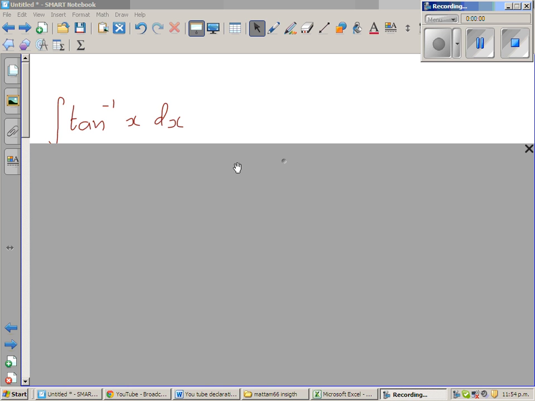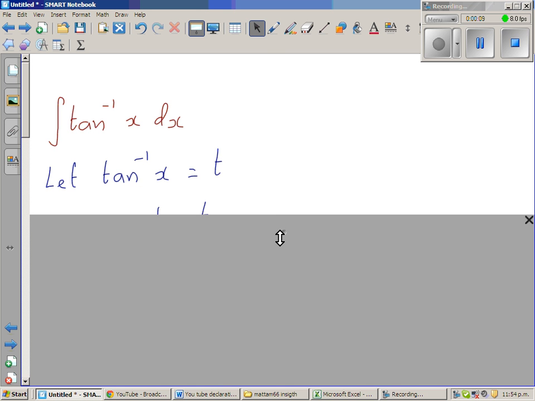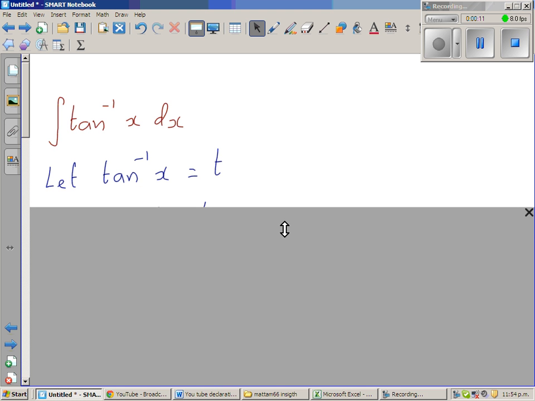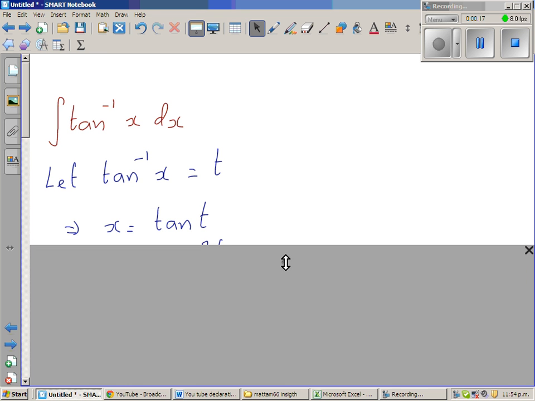Let us integrate tan inverse of x. Again, we're going to use integration by parts. So I've started with a substitution. I'm letting tan inverse of x be t. So when tan inverse of x is t, I can write x is tan t,